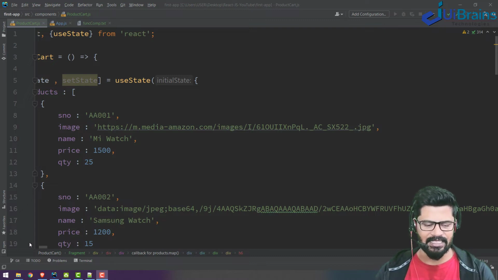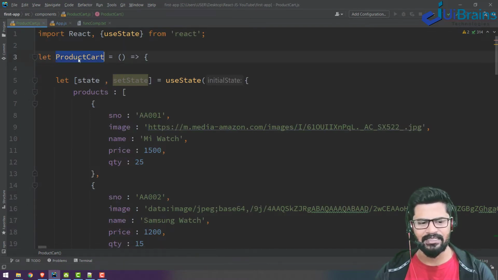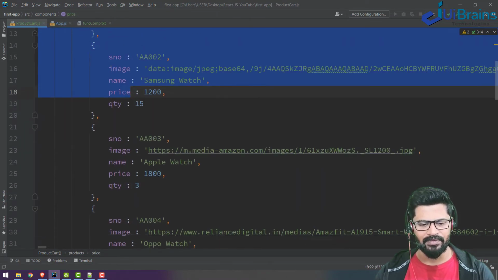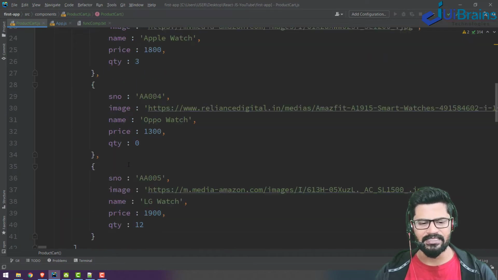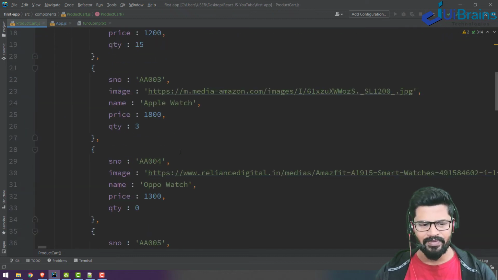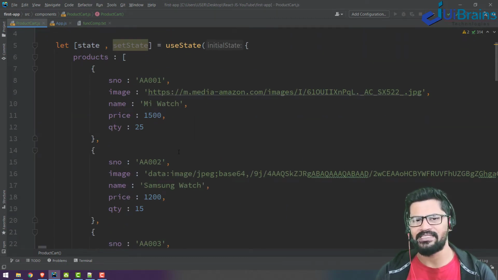For this, I'll take the same products cart example, but here in the products we have hard coded the data. If you write this much data here, your component's number of lines unnecessarily increases. A component should represent only the user interface. It does not hold any data by itself, it does not hold any processing logic, and it does not need a connection with the server. So in between your component and the server, one service file is required.